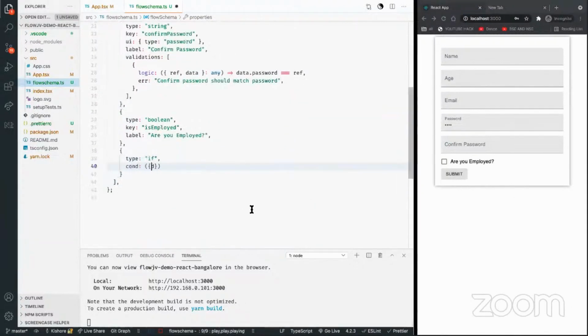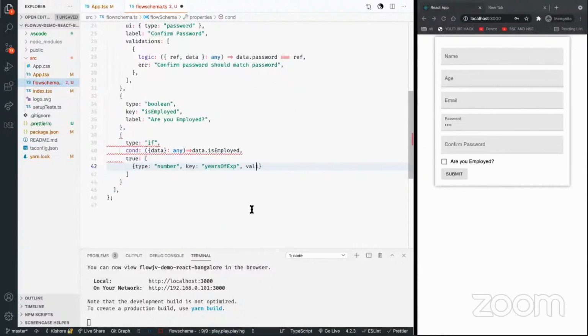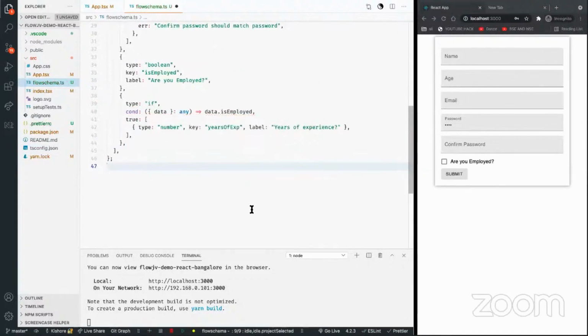And then let's suppose I want to have an if conditional, just like in programming language, where if some condition is met, only then I want to execute some instructions, otherwise not. In FlowJV also we can do the same. If itself is like a statement where I say this is the condition that if data is employed, then I want to collect these properties.